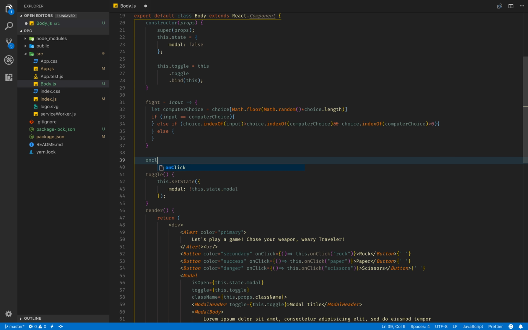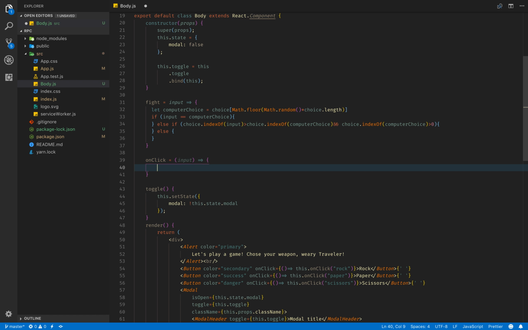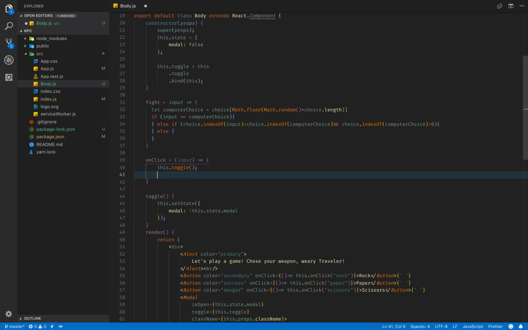So I'm going to say onClick. It's going to take in this input that I'm passing via the onClick built-in functionality. All right, I'm going to say this.toggle. So this is going to call this function here, right? That's going to change the state of the modal. So that's first and foremost. Then we want to say